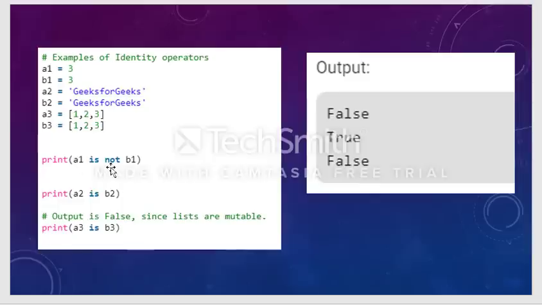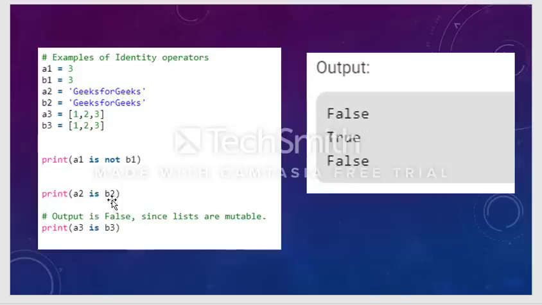When I write a1 is not b1, it is false because both a1 and b1 contain the value 3, so both are identical. Here what I am checking is whether they are not identical. No, they are identical, so this statement is wrong. That's why I got the answer as false.